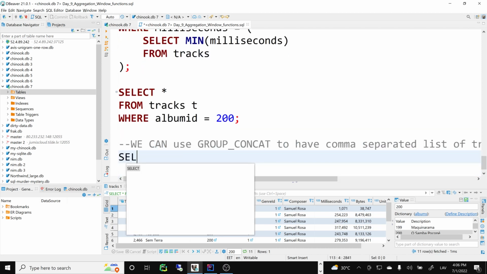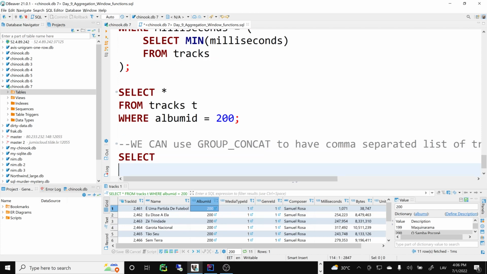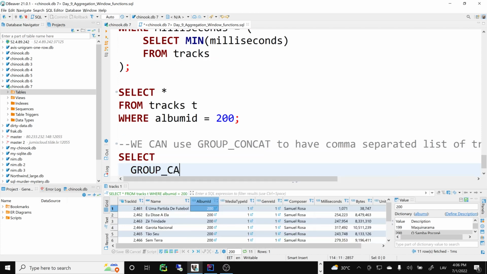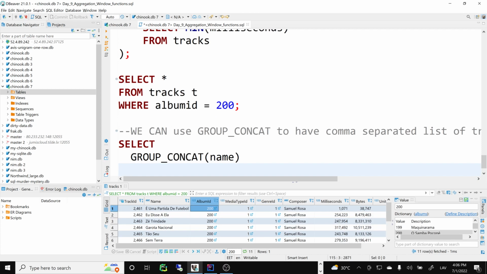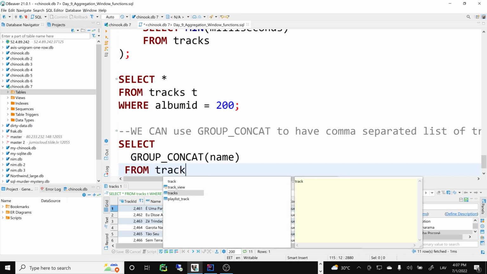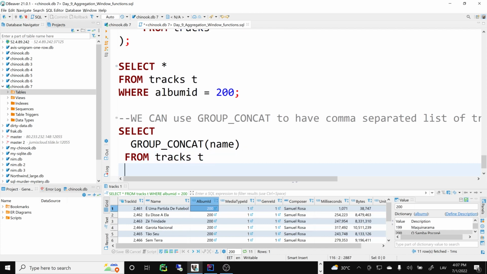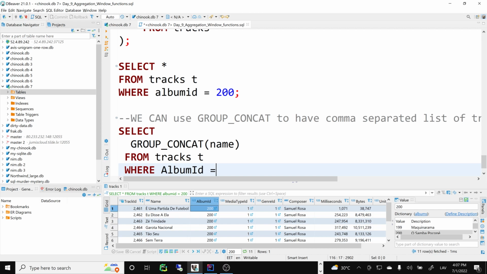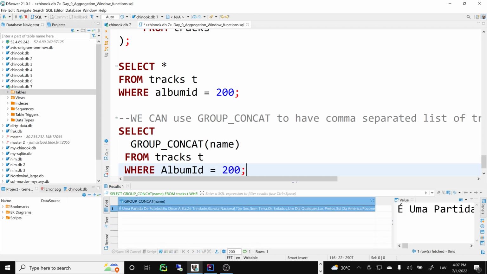Select group concat on name from tracks where album ID equals 200. Yes, you see it's actually automatic, so this comma